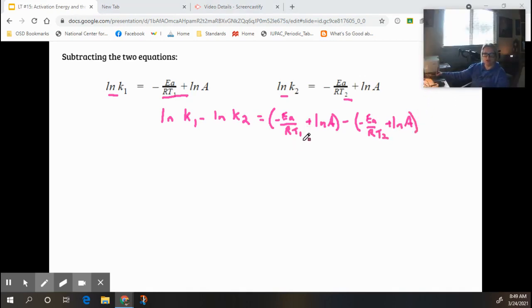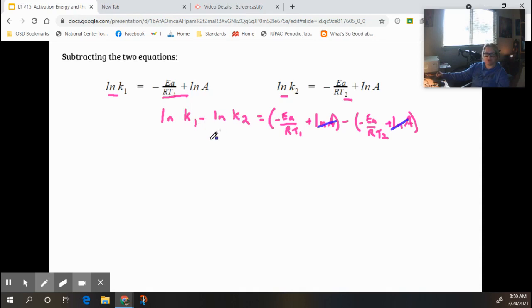Okay, so now I can cancel out my frequency factor on the right-hand side of the equation because I have the natural log of A minus the natural log of A. That's why it's really nice to subtract these two equations to get activation energy, because we don't need the frequency factor. I can also remember from pre-calculus or some algebra class that when